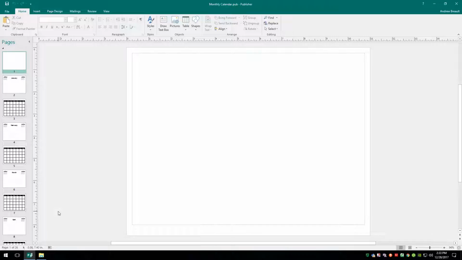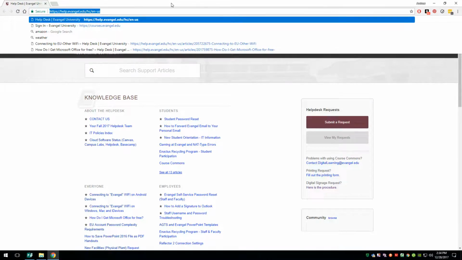So one of the great things about making your own calendar is you can take your own photographs and put in here. You can commission a photographer or hire a friend or beg a friend to take pictures for you. I've seen people do monthly calendars just of their family, and then give that out as a Christmas gift or something before the next year starts. Give that out to all their family and friends as a Christmas gift. So that's an idea. Or you can do like I did, and I went out to this website,